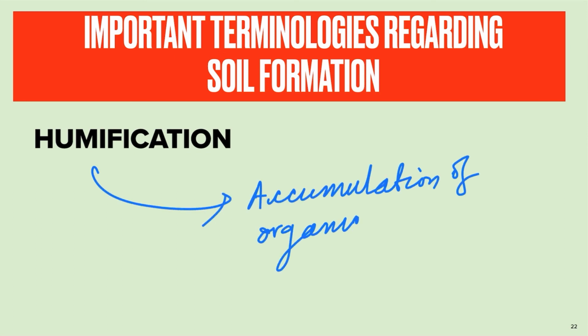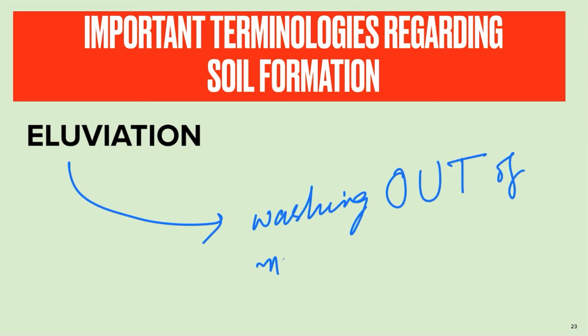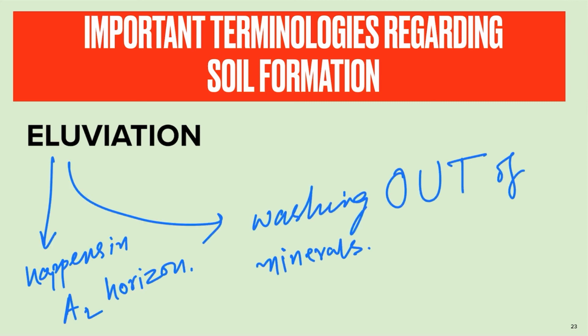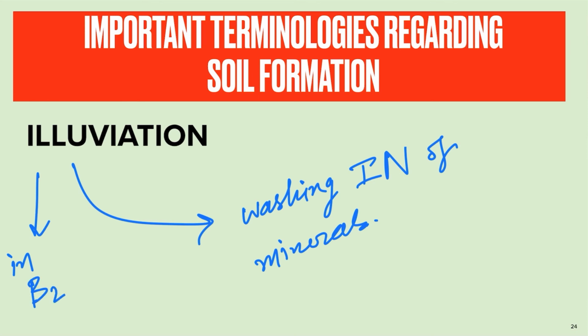Now another important terminology is eluviation. Eluviation and illuviation are both important, because eluviation is related to the soil horizon A2. This is the washing out of minerals. We can say the mobilization of minerals, or the leaching of minerals. This is called eluviation, and it happens in the A2 horizon. Its opposite is the accumulation or washing in, and that is called illuviation. In illuviation, the washing in or accumulation of minerals happens, and that happens in the B2 horizon